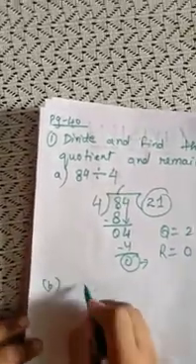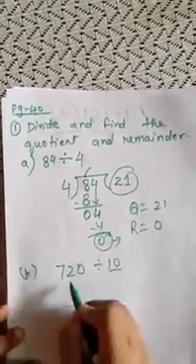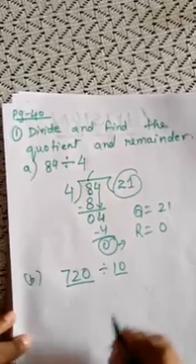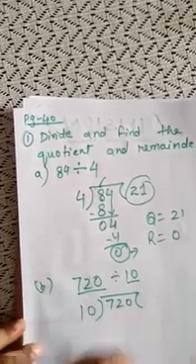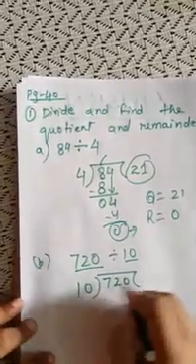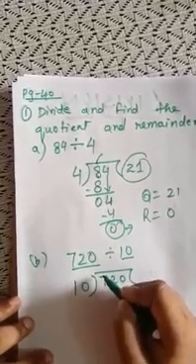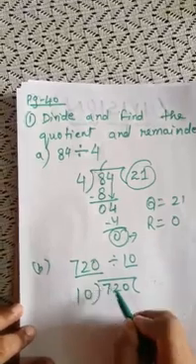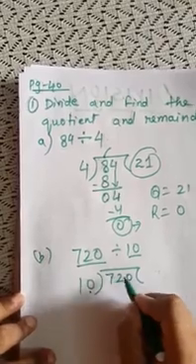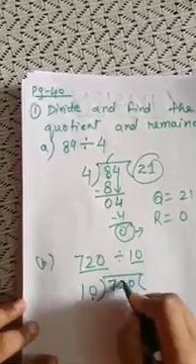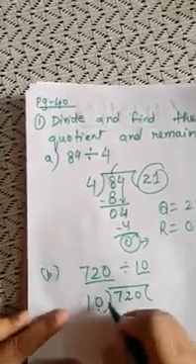Now come to question number B. 720 will be divided by 10. Here 10 is the divisor and 720 is a dividend. So 720 I will write down here and will be divided by 10. 10 is a divisor. So let's start the multiplication table. I'll start from the highest place value digit, that is 7. It is 700. Since 7 is less than 10, I'll take another digit towards the right side, 72. This 72 is more than 10. So I'll start the table of 10.